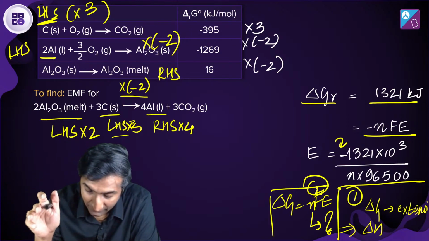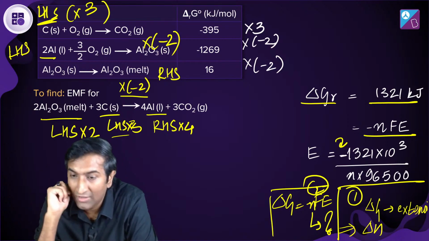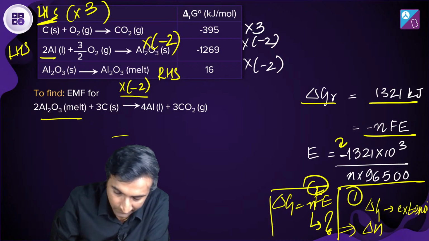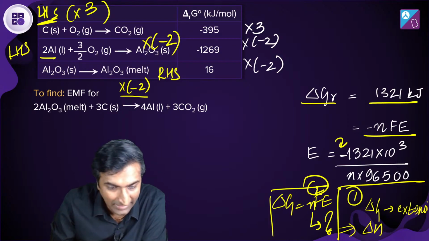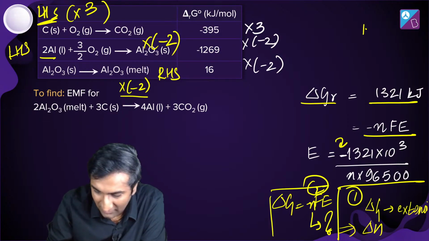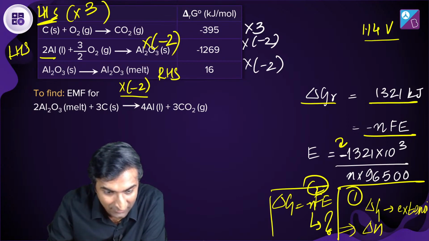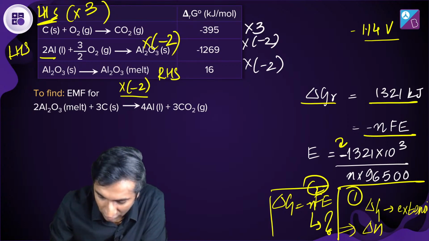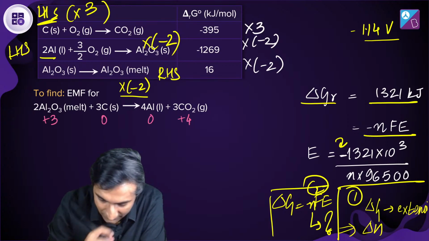Now if you have done this, what is n guys? What is n over here? That's your next battle to figure out. n क्या होगा? What is n? Pi. Pi is saying 1.14 volts. Is it plus or minus Pi? Minus होगा ना? n is 12. Beautiful, beautiful. How do you get n is 12?